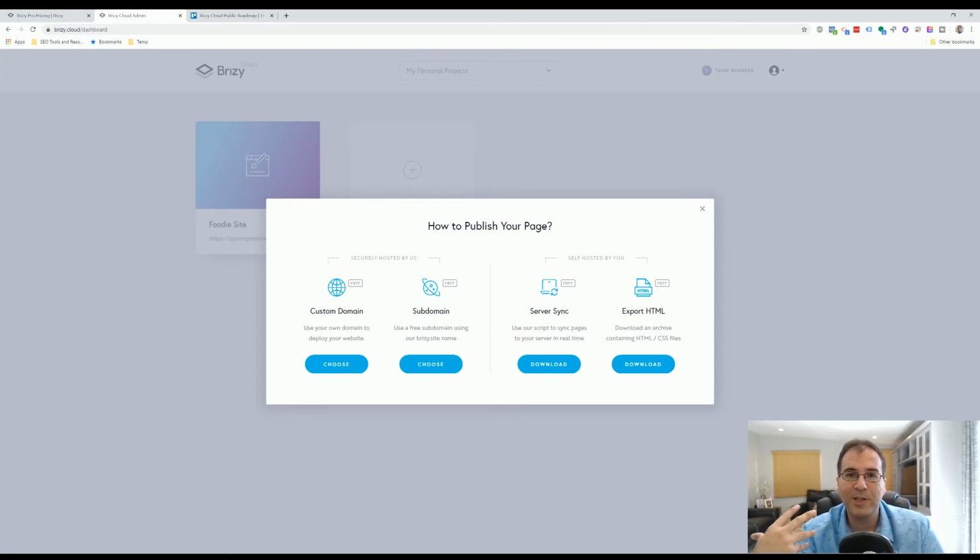I think for me personally, we've done hundreds and hundreds of different custom websites at my agency. I would probably go with the export HTML option because it will allow us to do a lot more. So that's pretty cool. There is an interesting, really weird thing that they do, which is that